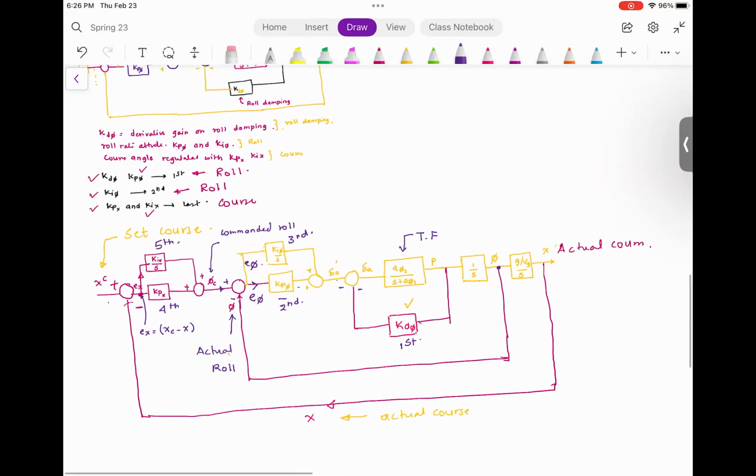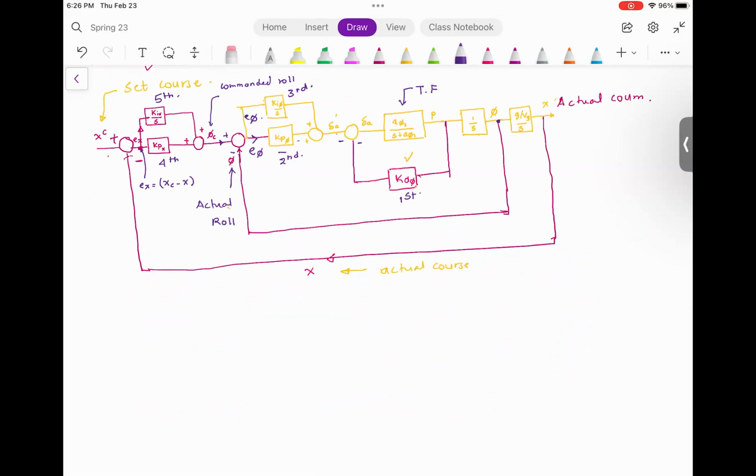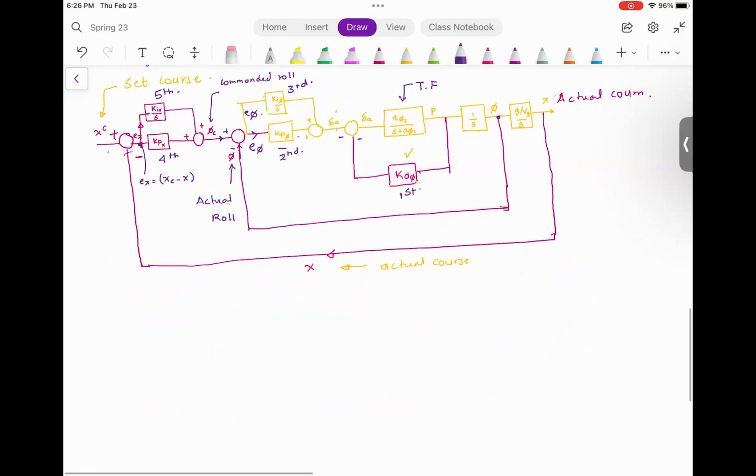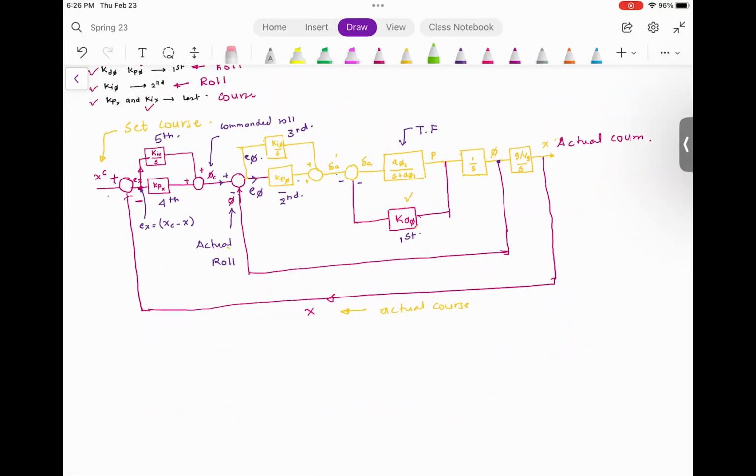Now, in the last class, we talked about the generic process of closing the loops. So first, I'm going to close the innermost loop. The innermost loop is this guy. So basically, the innermost loop is phi. So I will write this over here: phi divided by phi c. And this is also called the transfer function H phi divided by phi c of s. And if you perform the block diagram algebra, you will notice that this guy